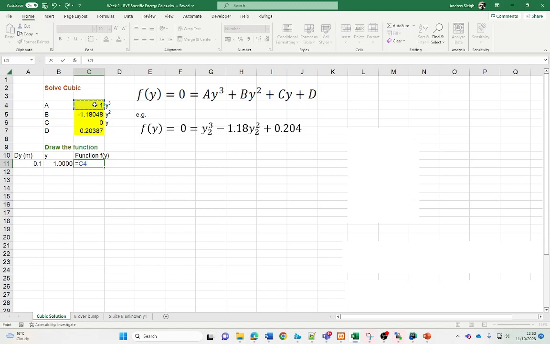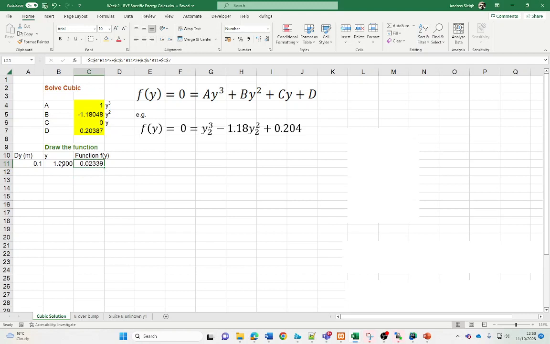So it's a as a constant times the estimate value y cubed plus b as a constant times y squared plus, and we're going to use c, but there's no c, no y, c as a constant times y plus d as a constant. Okay, that's the function